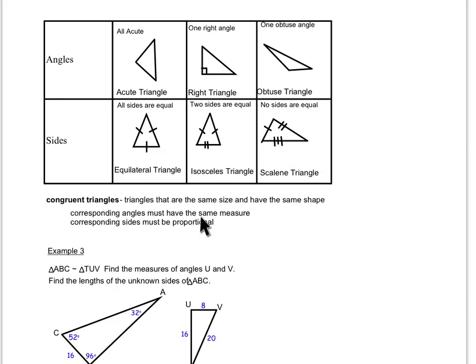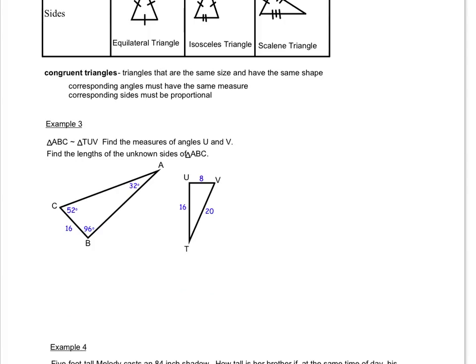Remember that congruence means same size and same shape. The corresponding angles must have the same measure, corresponding sides must be congruent if it's congruent triangles, and proportional if they're similar triangles. So let's apply that to example 3. Triangle ABC is similar to triangle TUV. Find the measures of angles U and V. Find the lengths of the unknown sides of triangle ABC. So if we have